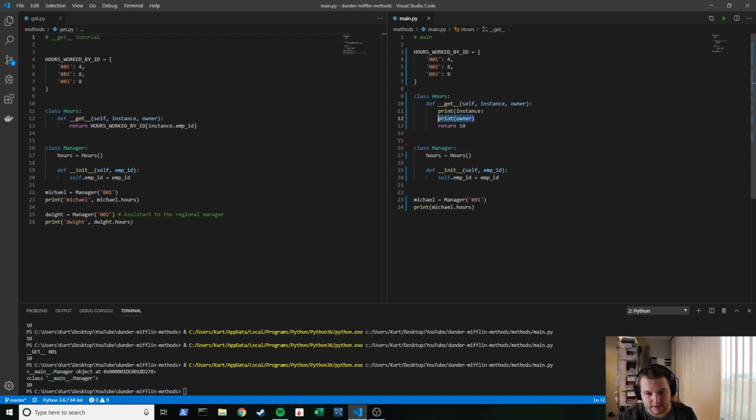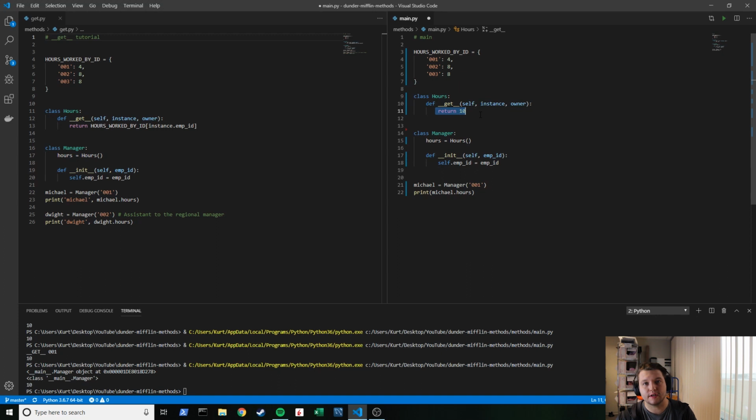So if I do instance, this is the actual instance. Anyways, so what we can do from there is now we know that we're getting the attribute, and this is what we're returning. Now, if we wanted a live update,